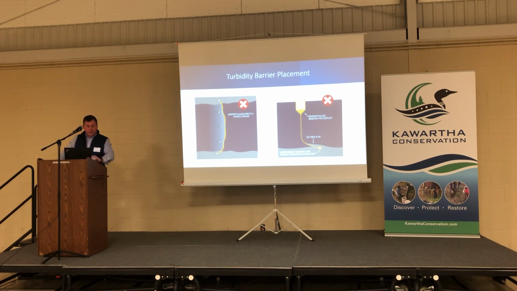So the different types of turbidity curtains, as I mentioned, there's a standard, which is your OPSS spec, Type 1, 2, 3, and 4. Let's have a closer look at each of these. So the Type 1 is typically what we see most often in the tender documents, OPSS 805 specification. Really, this curtain is designed for really slow flow, up to 0.15 meters per second, really no flow at all.